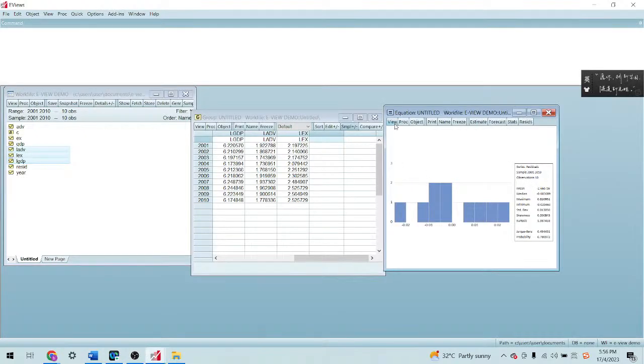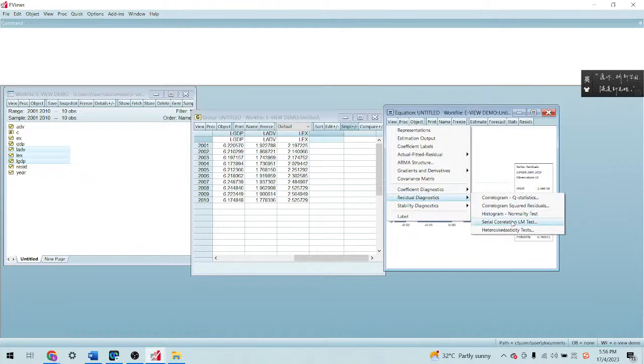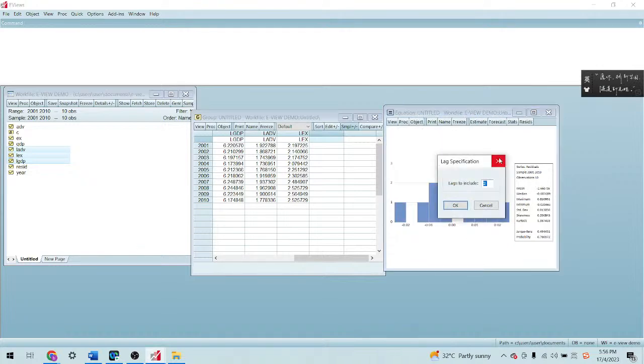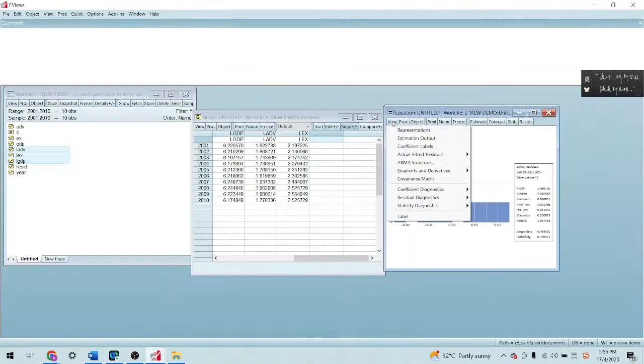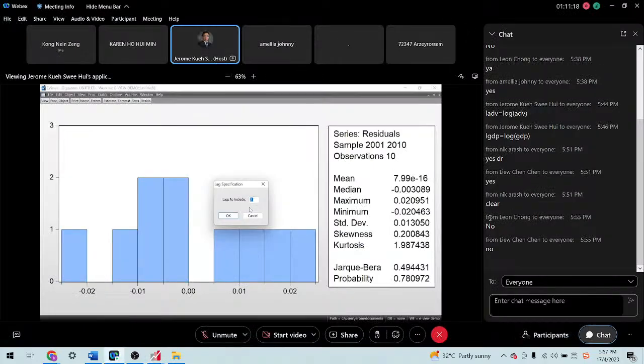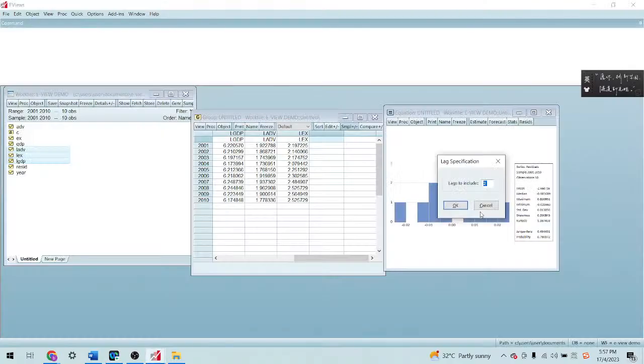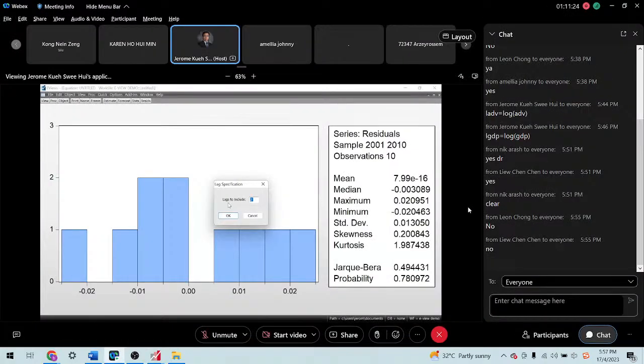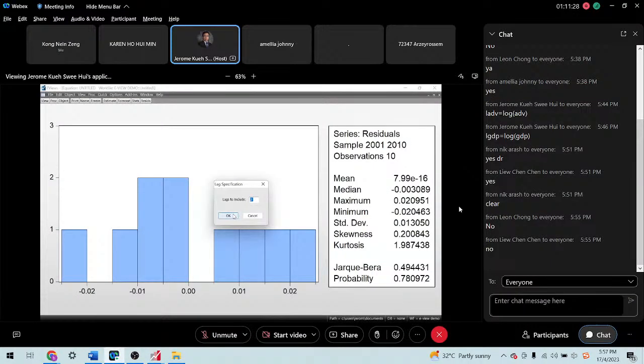So we can test it based on the result under the serial correlation Lagrange multiplier test. LM is the Lagrange multiplier test. Here, for the lag specification, by default you put 2. You can change it to 3 or 1, it depends, but most of the time the default is 2, or you let the system generate it for you.